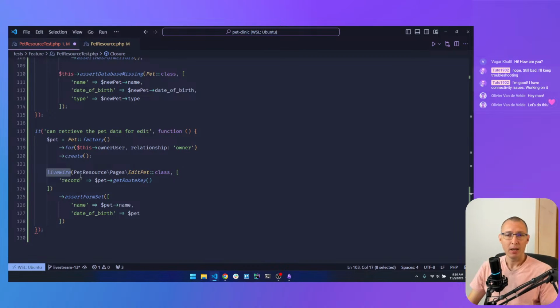Again, I think this is not going to work, and I just wanted to demonstrate and make sure that I'm actually correct, because if I try to do this with this Livewire function, I'm guessing it's going to tell me this function doesn't exist. But I want to just do it once for you to see it, and then I'll go back to the facade. So I just passed in, filling the record property on the edit pet Livewire component.